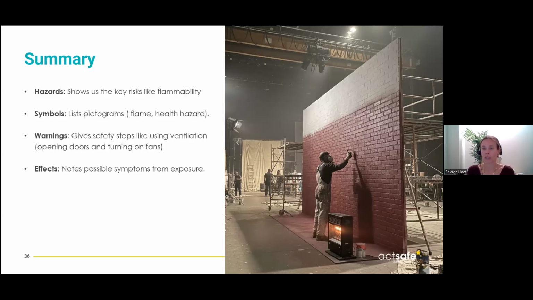So this section triggers us to look further into what we need to protect ourselves. If you see on the label or on your SDS that it could cause drowsiness and dizziness or respiratory irritation, we may be triggered into thinking about ventilation and PPE. That's just a little plug for section 8, and we'll get there shortly. But by checking section 2 of the SDS before we start, we would not have brought a heat source anywhere near the product, right? We would make sure that we have either adequate ventilation or proper PPE for this job. And that means everyone in the space, not just the person working with it. So to reiterate, section 2 is what are the hazards and how do I protect myself?